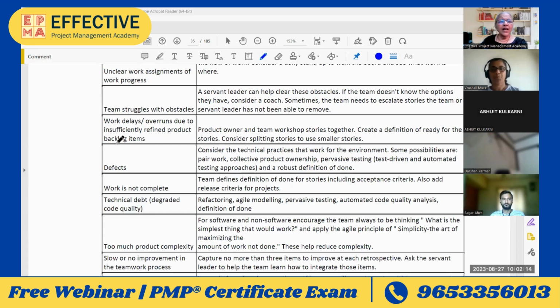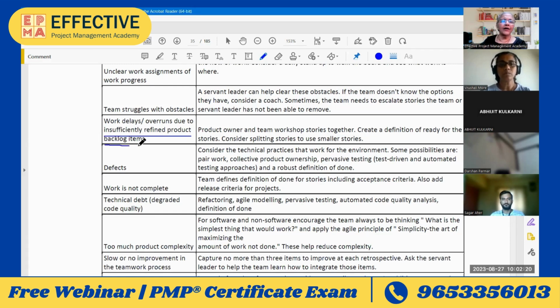Okay, work delays and overruns due to insufficiently refined product backlog items. If the product backlog is not sufficiently refined, who needs to be there? The PO needs to be there full time. The PO needs to help the team. PO and the team workshop stories together, create a definition of ready,